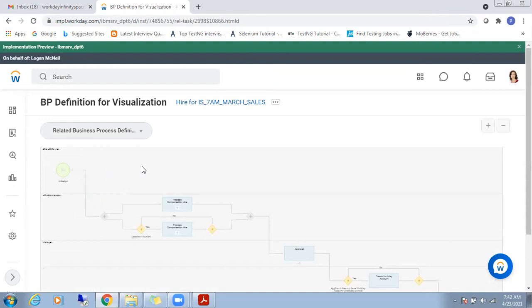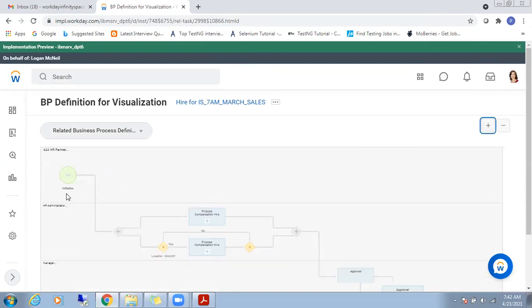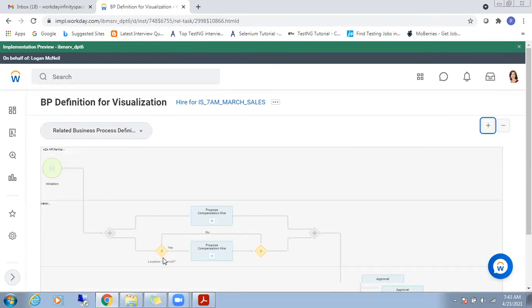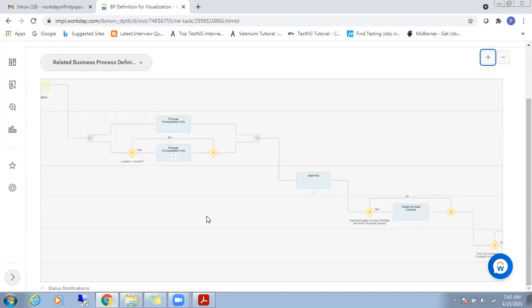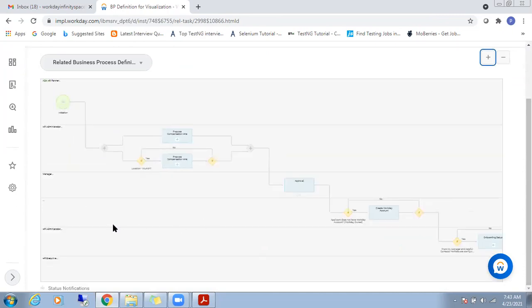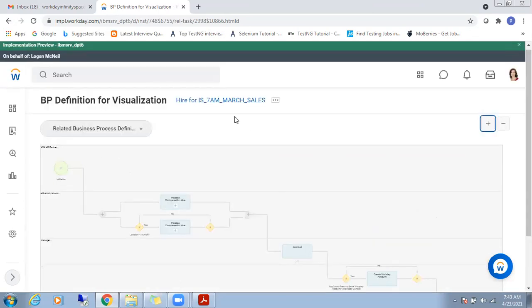See here, guys. Previously we have seen only a few steps. Now you can see the initiation, who can process the initiation, and what are the tasks that are done by the HR administrator. We can see the conditions, right? At the same time, the approval step. Guys, I'm making it small only so that we can see all the steps in one place. So HR administrator. After that, HR executive. So we can see what are the different types of steps that are there in this business process. We cannot export it as Excel or PDF, but we can see all the steps in one place.